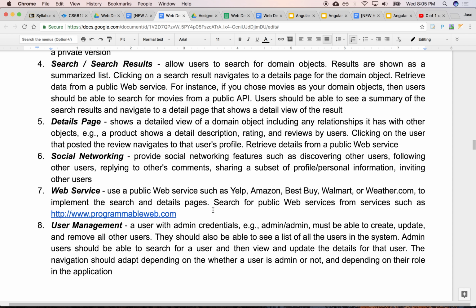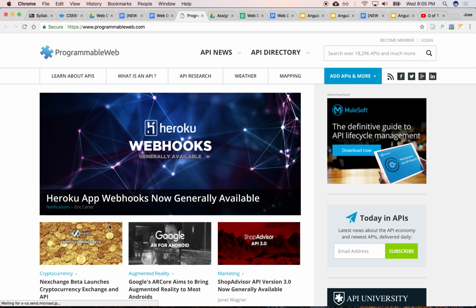There should be some use of a web service: Yelp, Amazon, Best Buy, Walmart, Weather.com. All these provide open third-party APIs that you can search and query. A good place to get started is Programmable Web. If you go to Programmable Web, this is a repository of many APIs that are available there.